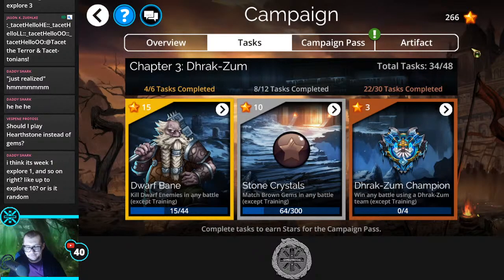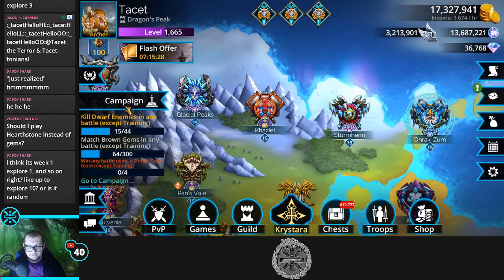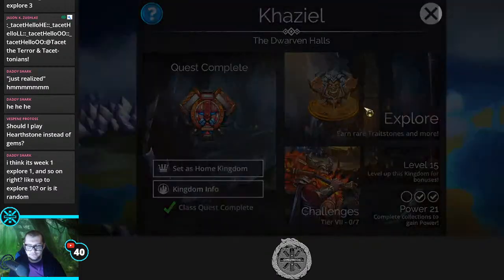That might be able to do any of the quicker methods. Can't poison it. Win any battle in Zoom team except training. So this, we need a bunch of dwarf kills, right? So let's go to KZL at Explore 1 and